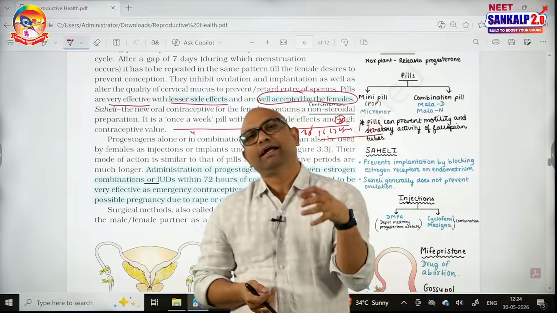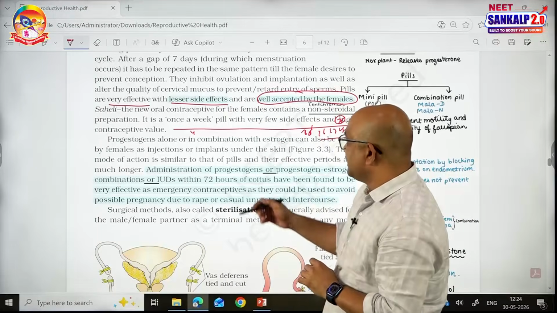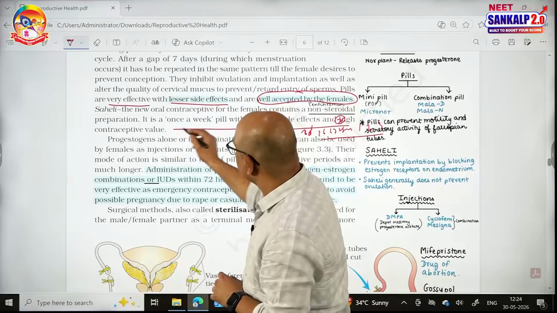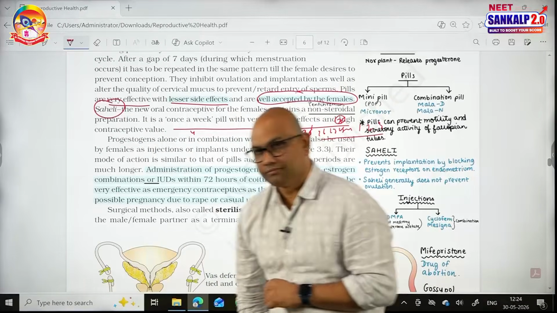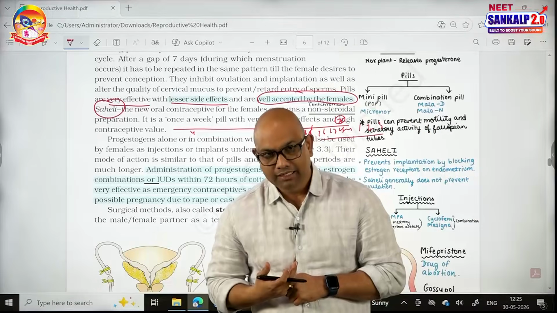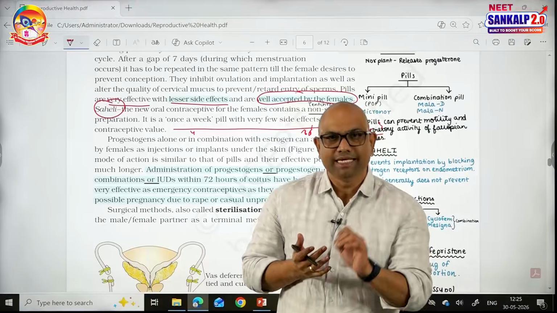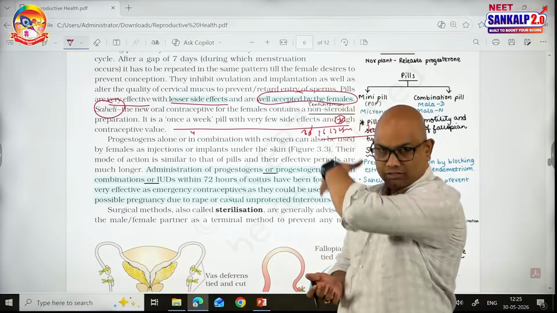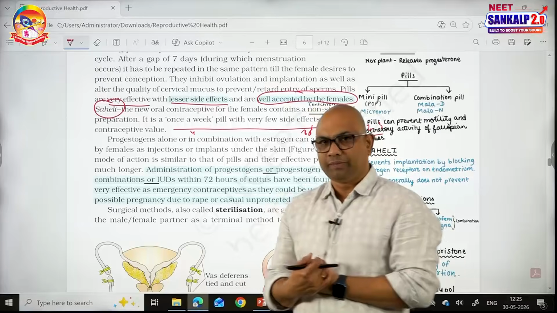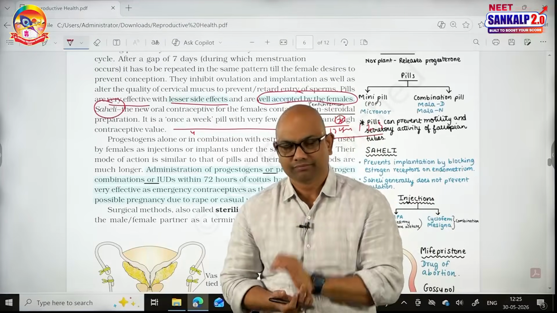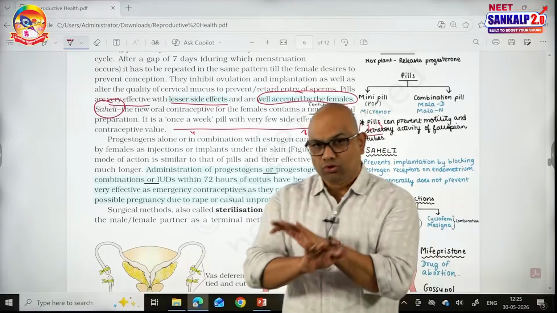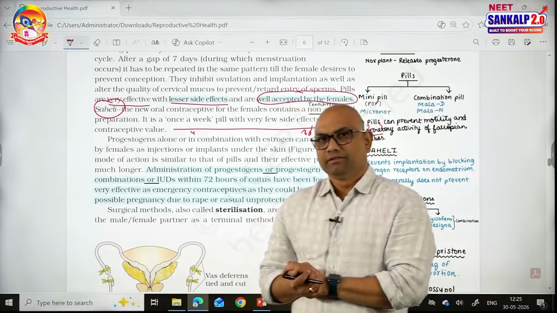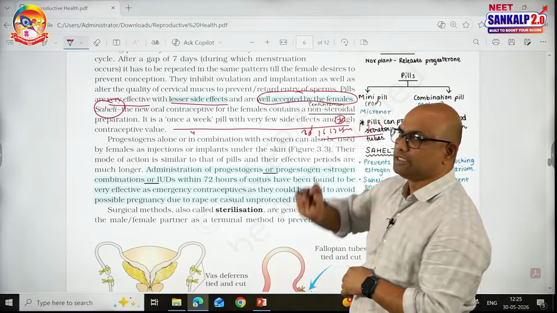There is a non-steroidal oral contraceptive pill, its name is Saheli. Saheli was prepared by the Central Drug Research Institute, CDRI, Lucknow in India. It is not a daily pill like normal steroidal oral contraceptive pills. It is a once a week pill. It has no steroidal components and no hormones in it. There is a drug called centroman present in this.